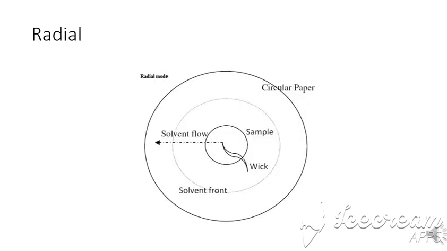The third type is radial chromatography. This is also very important. Here it's a Whatman filter paper, just like that. As you have seen in the picture, you place the sample in the middle, make a hole and place a wick inside it. Now take a china dish used for biological purposes, a capped china dish. First of all, put the sample in the middle, put this filter paper on the china dish and place it for some time.